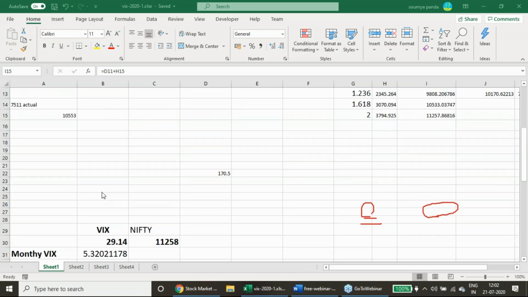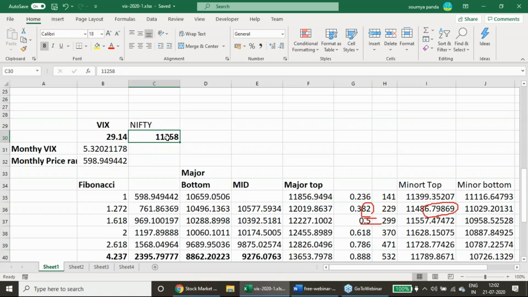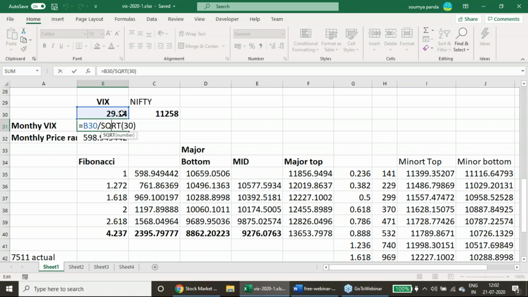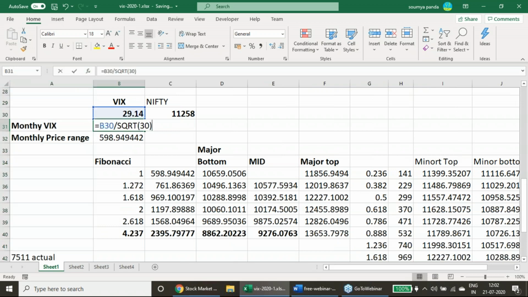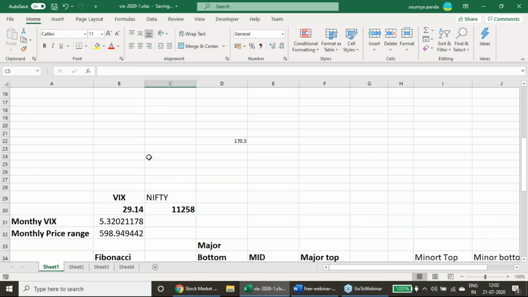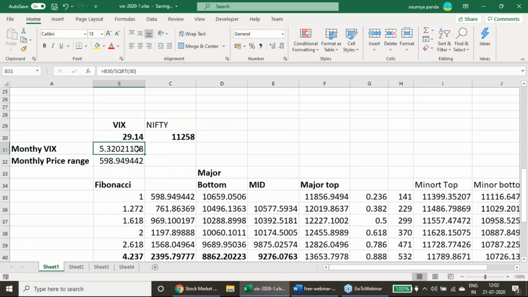After taking this 11,258 price point, I'm just using the same method that I have followed earlier. I'm going to find out the monthly VIX. So this is the VIX, and I take the square root of 30, then the monthly price range. Here I have just taken the VIX, and we are taking the square root of 30. By this process, we are finding out the monthly VIX, and we are finding out